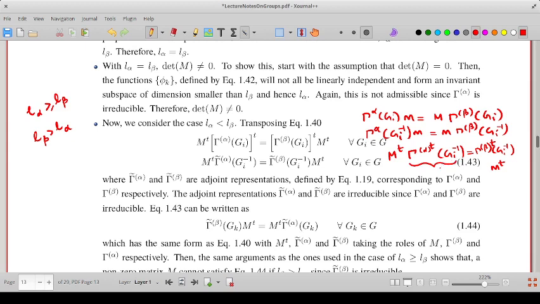But this is nothing but the adjoint representation of group G starting from gamma alpha. So that means m transpose, that is this, then the adjoint representation, that is gamma tilde alpha gi inverse, equals